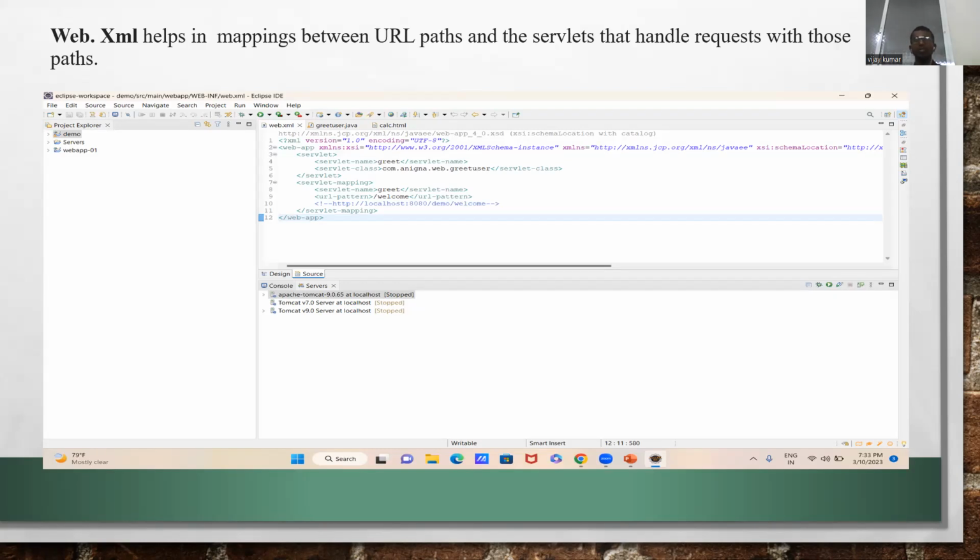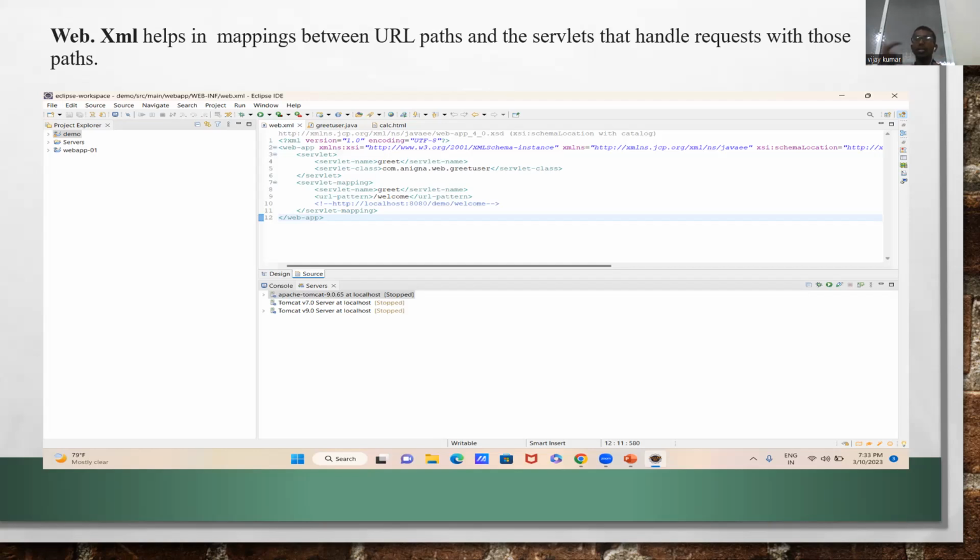URL means whatever we see in Google, the HTTP address. In the previous slides we discussed servlets. To map the URL paths and the servlets, this XML is used.